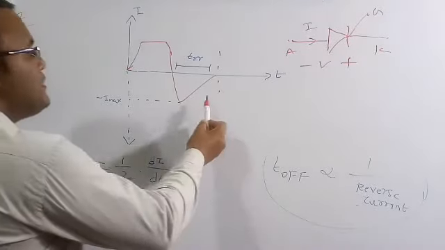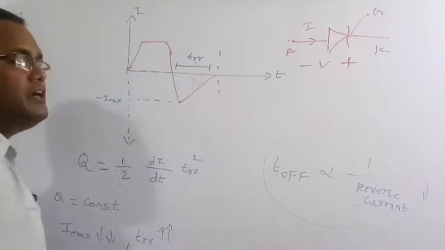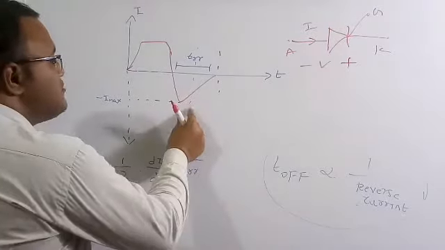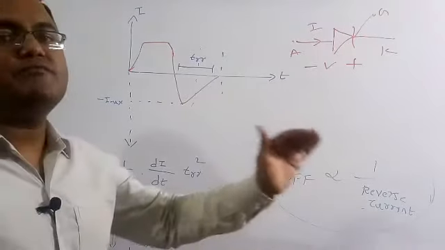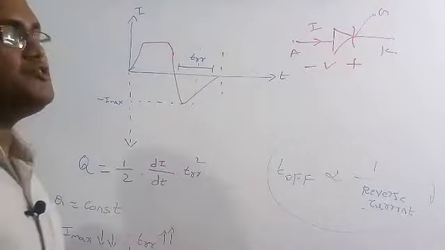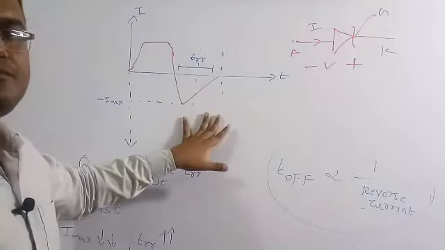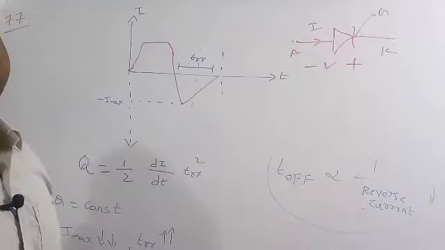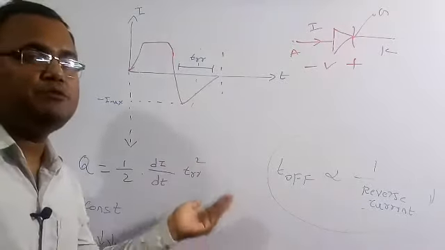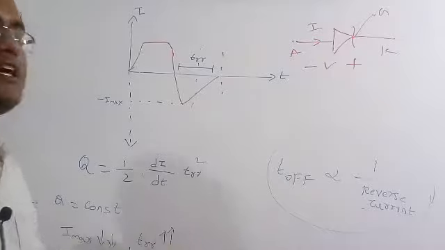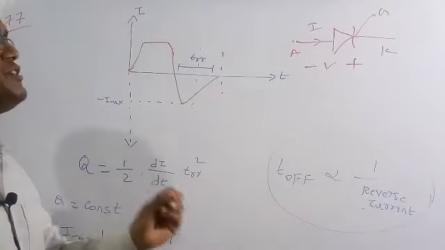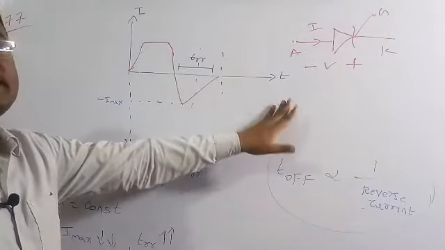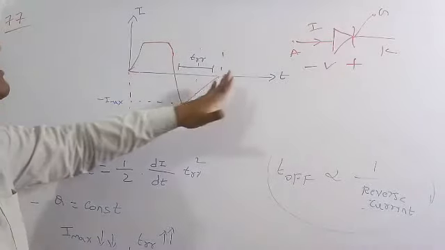But if you keep the voltage only up to this amount of time, then it is not a perfect commutation. Always you need to give the voltage until the current reaches zero. If you take away that voltage before that instant, then it is not a perfect commutation. So always you need to be careful: apply this voltage until the current reaches zero.